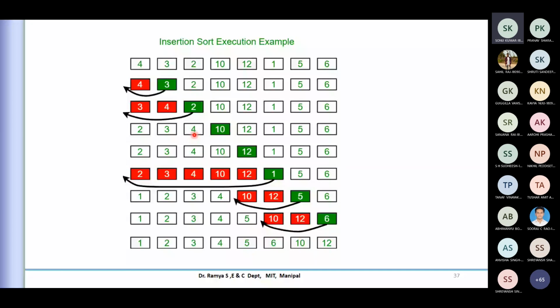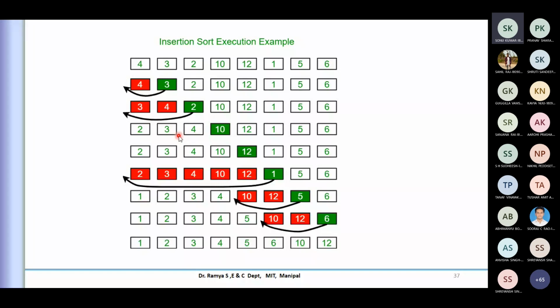Correct, correct. What you pointed out is right. Though it looks like we are shifting here, I don't require extra memory for storing the three or four. In programmatic form, once I identify it, I store this into temporary memory because I want to shift this content, and once I've done that, I use the previous a of j or whatever index pointer.